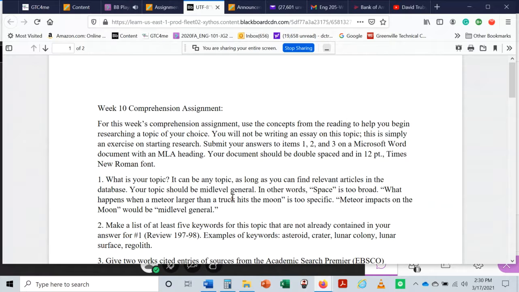It could be any topic. Okay. You're going to create a Microsoft Word document with an MLA heading, and then you can just put at the top week 10 comprehension assignment, and then number 1 is a topic for research. All right. And the topic should be mid-level general. So what I mean by that is